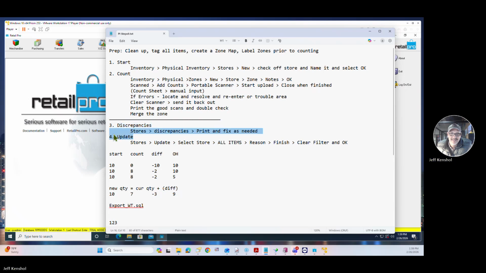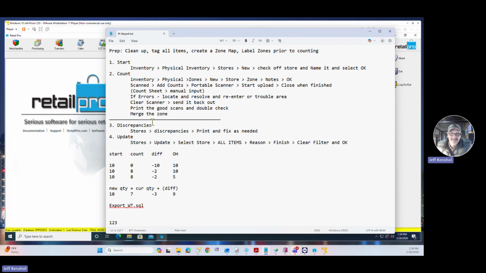That's it. So we start, and that freezes the inventory. That's not actually correct. It copies the inventory into the count sheet, and the count sheet is in fact frozen. So in that sense, yes, the starting quantities are frozen, but the on-hand itself is not frozen. If you make a sale, it's going to change the quantity, right? So it's very important that you control the count. So what does that mean, Jeff? Well, that means